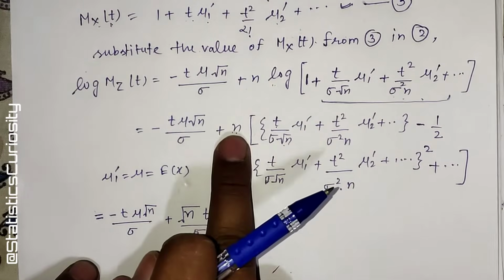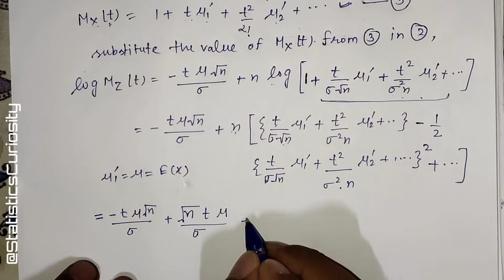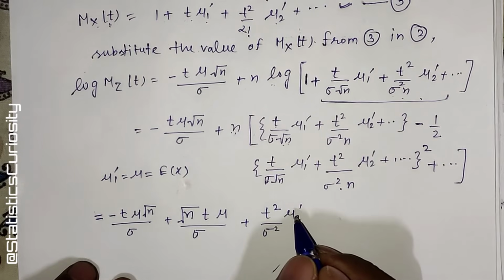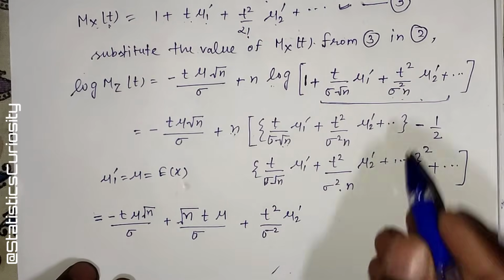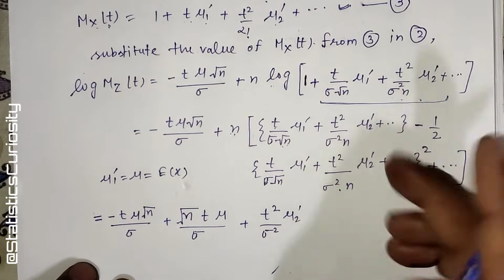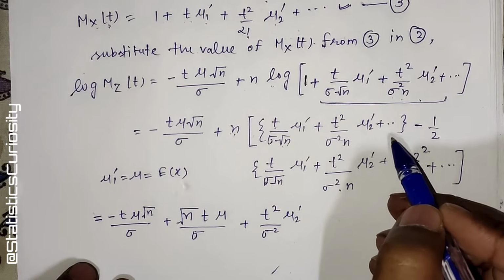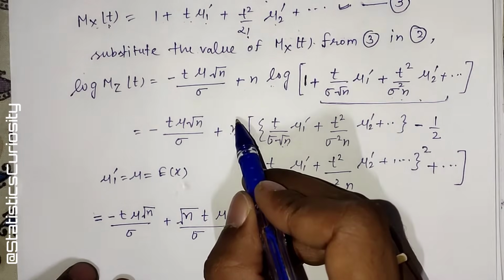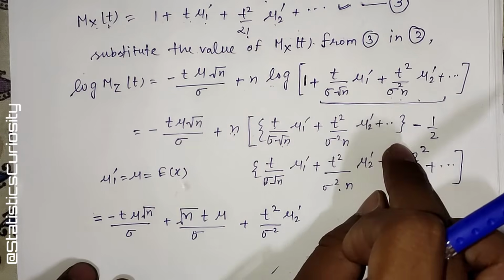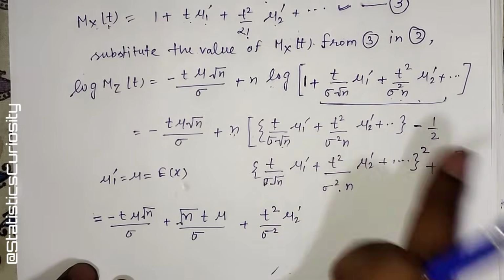What will be the next term? This n will be multiplied by this, and both n will cancel each other out. So the next term will be t square divided by sigma square mu 2 dash. Then we will not write other terms. The next term would be t raised to the power 3 divided by sigma cube n square, and by cancelling a single n with that n, we still have an n in the denominator, so we will not write those terms. So only writing these two terms, then minus 1 by 2,